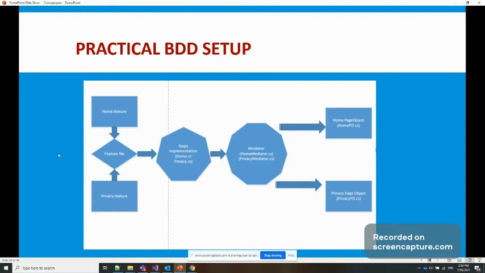We have written home.feature and privacy.feature. In home.feature, we are trying to cover the possible scenarios of the home page, and apart from that, whatever scenarios we can identify on the privacy page, we can write into privacy.feature.